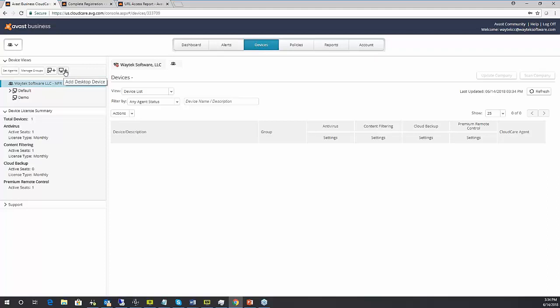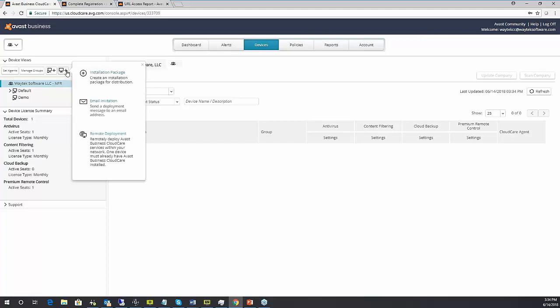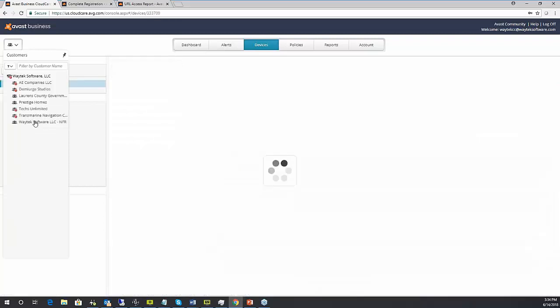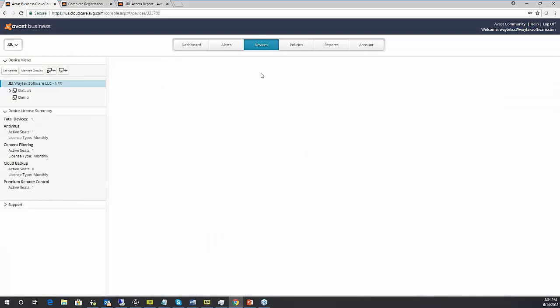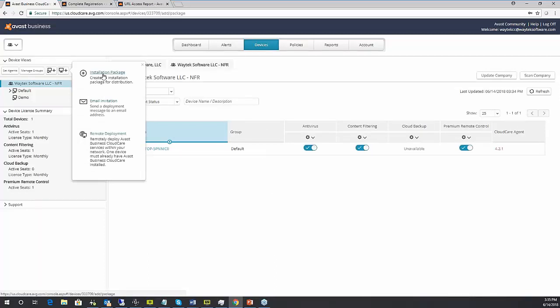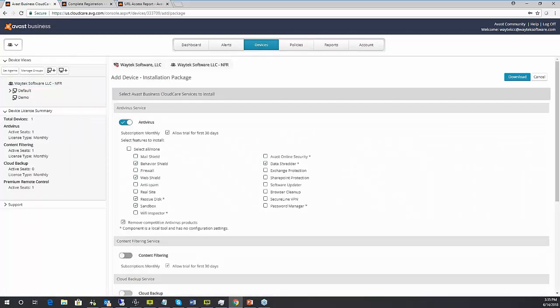Obviously, you need to get their computers in here. It's pretty simple to add devices. You have three options. I'll kind of walk you through all three of them. The installation package, say you want to, oh, did I go into the wrong, oh, whoops. You know what? Let me try this one more time. There we go. So the installation package, I go in here,